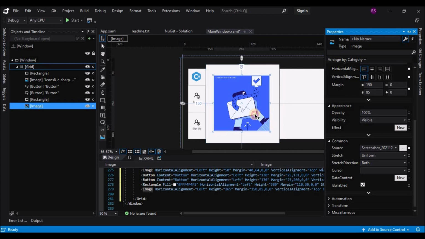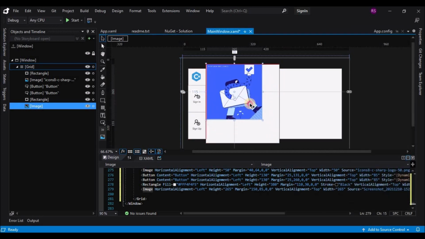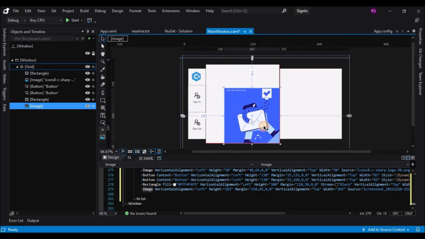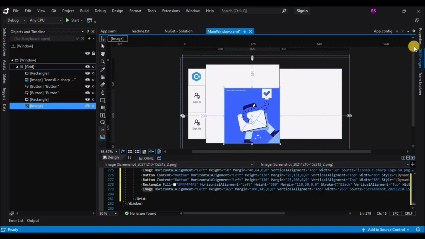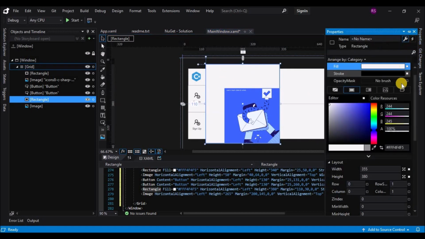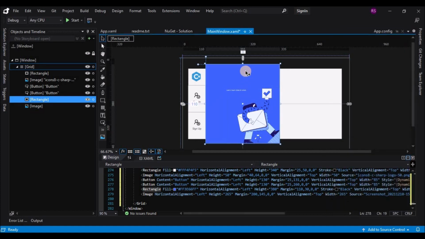Okay, now let's place that image on the right hand corner. Okay, and let's select the rectangle, go to properties and use the eyedropper tool and select the same color as the image that we added.